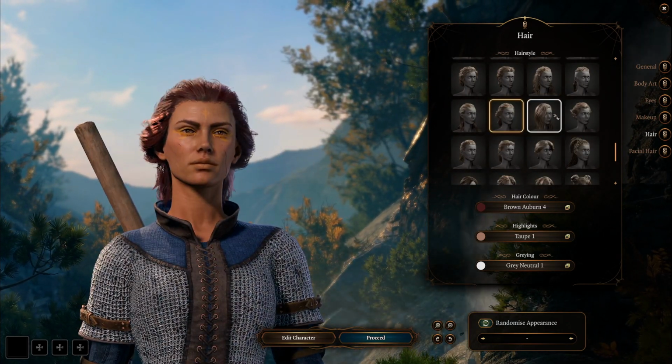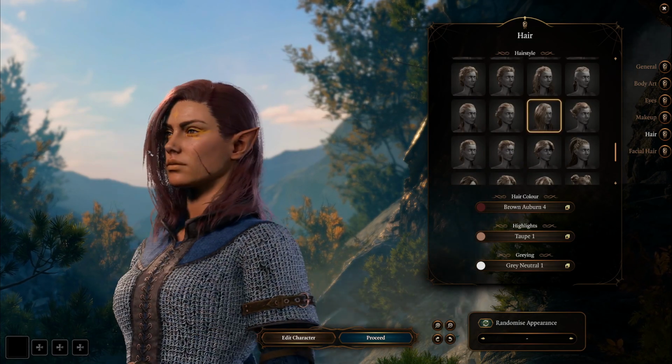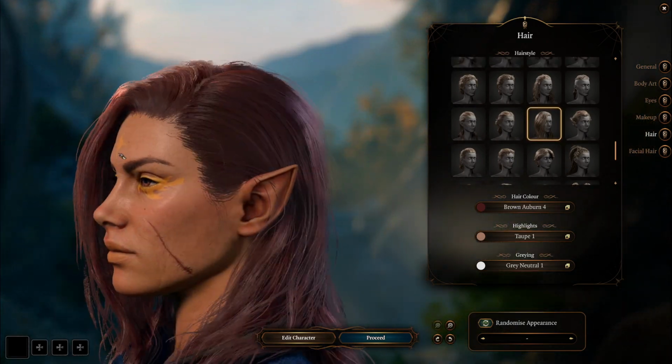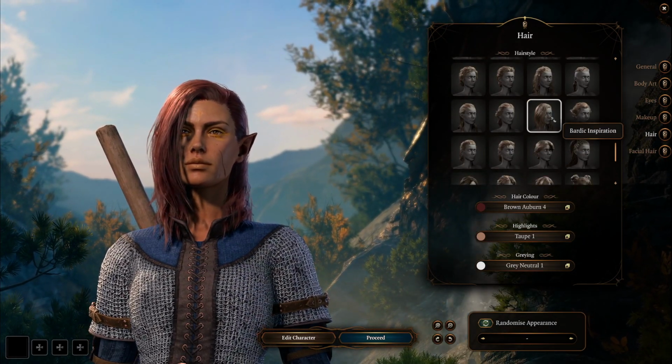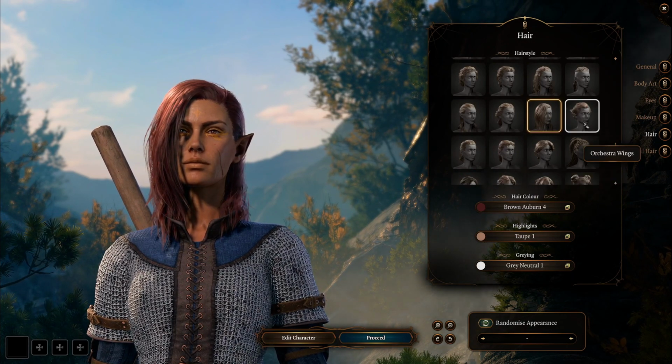Yeah. That's kind of cool. I like that one a lot. Yeah, let's go with this one. I like this one. This is the Bardic Inspiration. Of course.